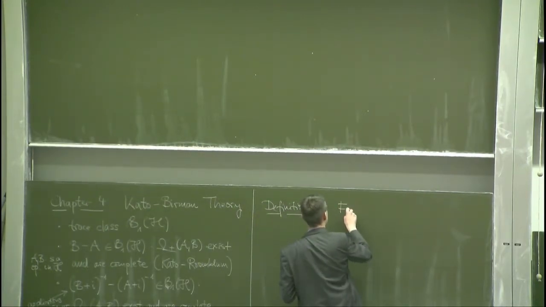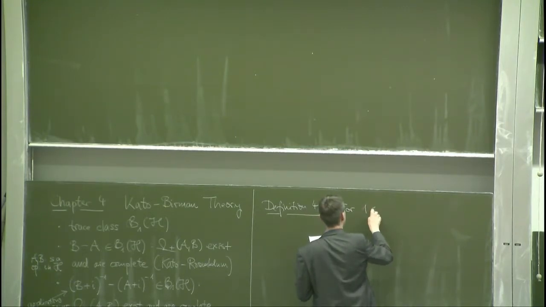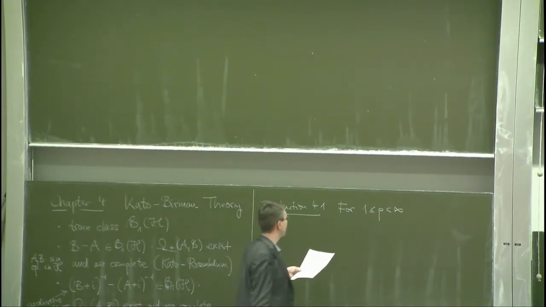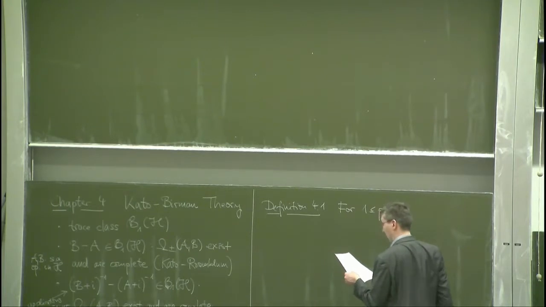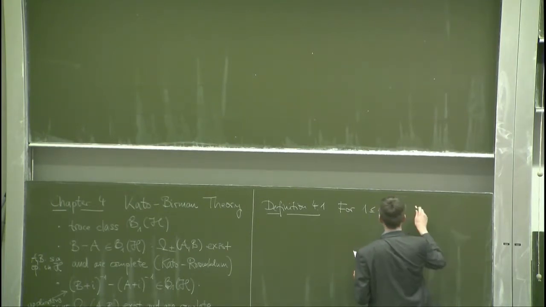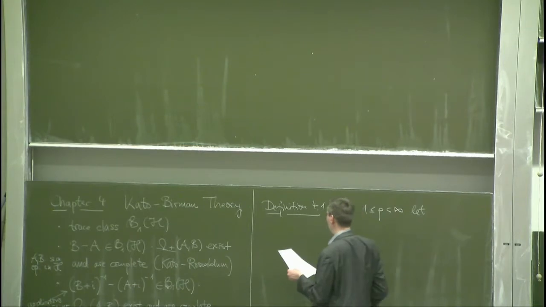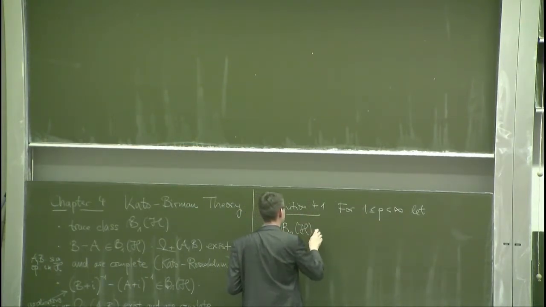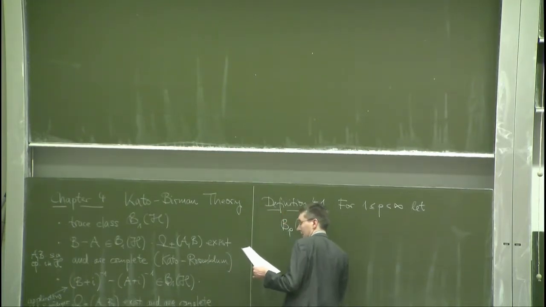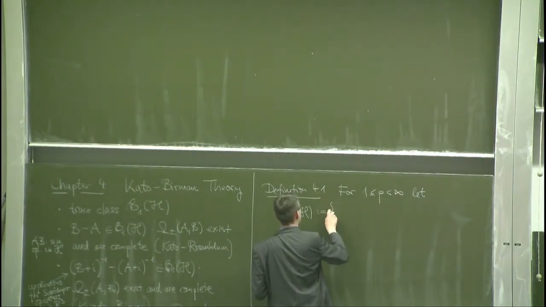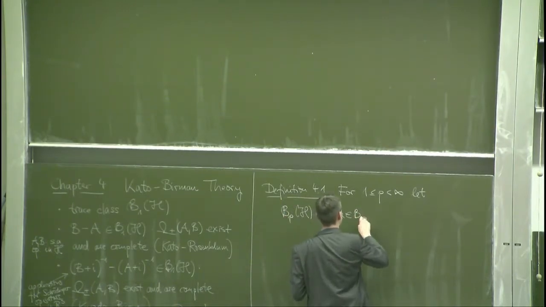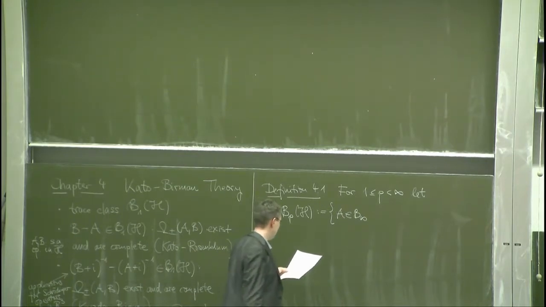So for p between 1 and infinity, where infinity is excluded, as you will see, and we allow that p is equal to 1. For these values of p, let Bp of H be defined as follows. Let this be the set of all compact operators, which I denote by B infinity of H,